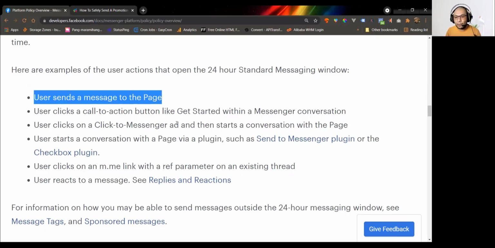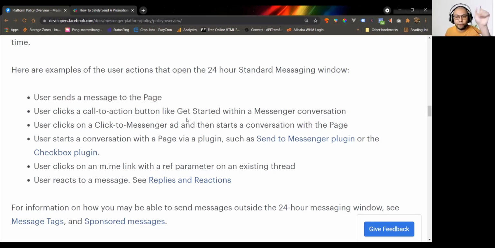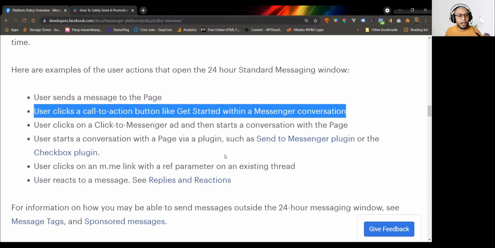If they manually send a message, say, hello, how may I help you, or I need help, whenever a subscriber sends a message to your page, that marks the start of the 24-hour window. Another is if a user clicks a call to action button like get started